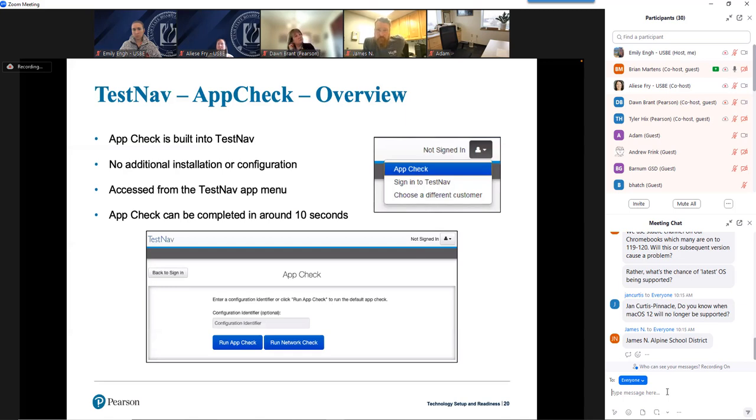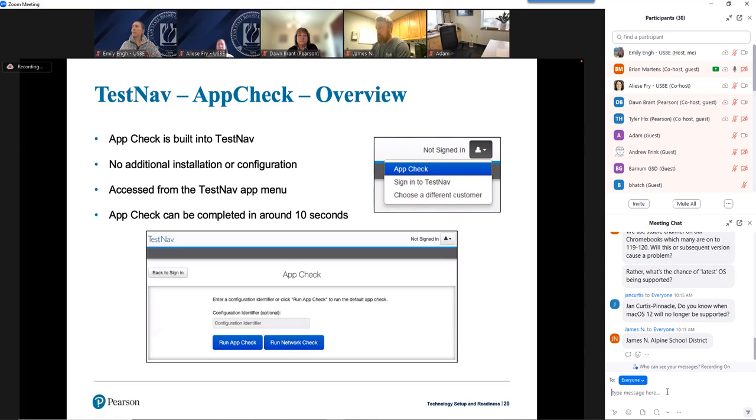App Check is functionality that is built into TestNav. There's no additional installation or configuration required to run it. It is accessed from the TestNav app menu. Basically, you go to your Utah login screen, and in the upper right-hand corner, you click on the button and select App Check. Then it'll bring up the screen in the bottom middle here, and you're just going to click on the Run App Check button.